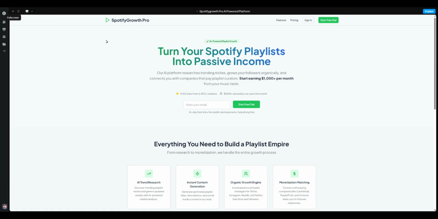Now, what's unique about it is that Spotify is the platform that you're going to be building your playlist on, but there's companies that will pay you so they can put their artists or insert ads into your playlist. And on average, you make about $3 per review. So this is going to help someone set up a playlist and monitor competitors, see what's really exploding through the platform, and then help capitalize on that.